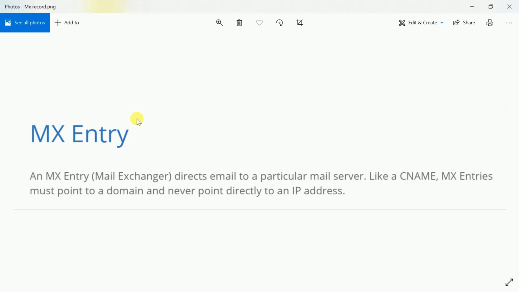So there is a high possibility that any website can have a number of mail servers, and in order to help the audience go through which mail server, there is also a field of priority there. So if you just go with the MX record, you can see that there are four options actually there: the name and the mail server, then the priority, and then the TTL value. I really don't want you guys to get confused in this part. Just think of it as mail servers that are available on a website, and there could be a number of mail servers, and all of these records are stored in this MX entry. So allow me to show you an example for the MX entry.